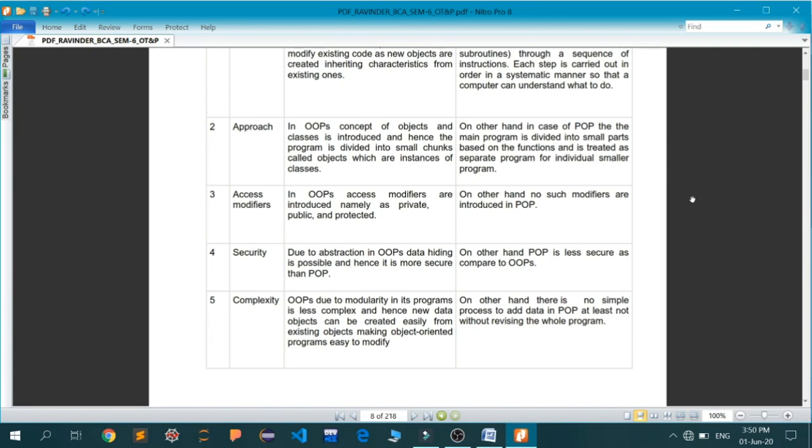Okay, next is the third point, that is access modifiers. Now in OOPS, access modifiers are namely private, public, and protected. I think we have seen those in our abstraction class already. Now these access modifiers inhibit the end user from reaching the complexities of the code.